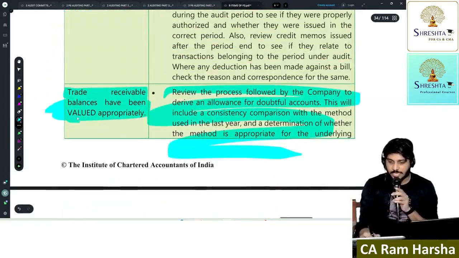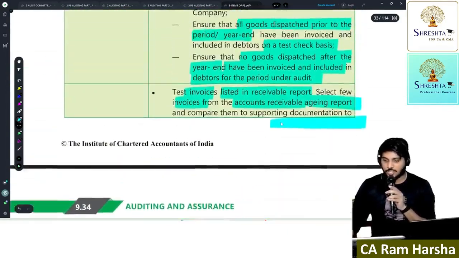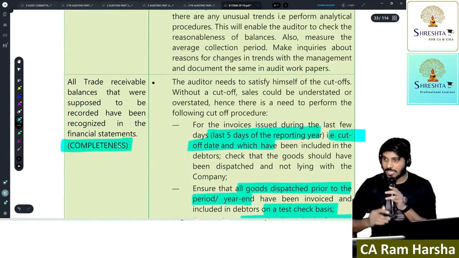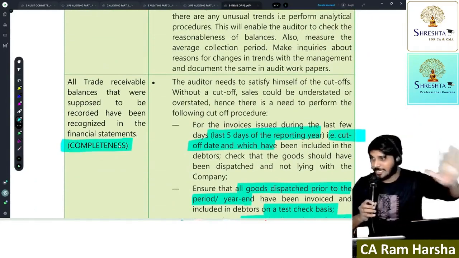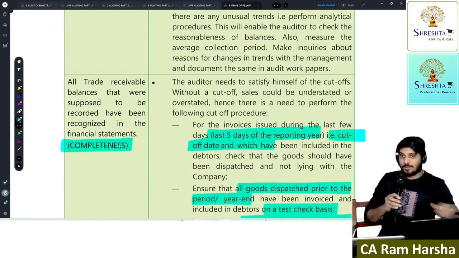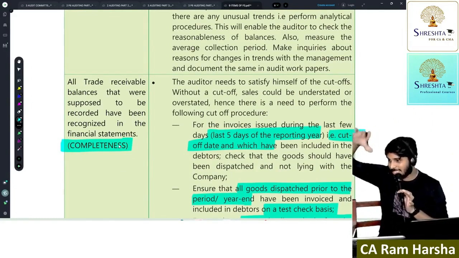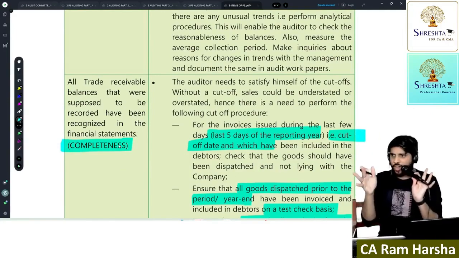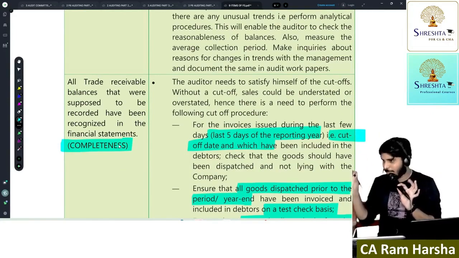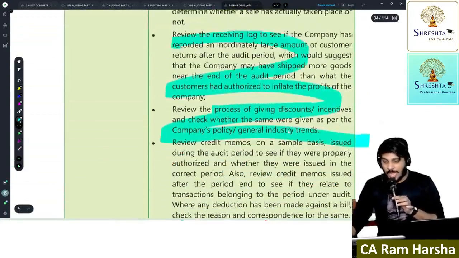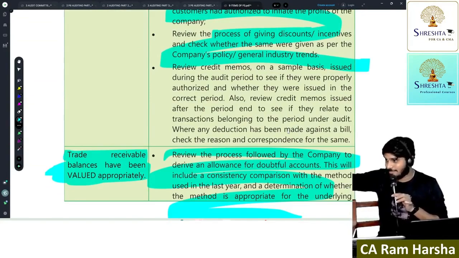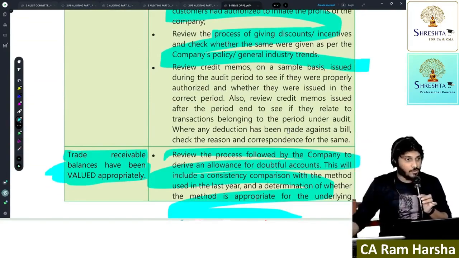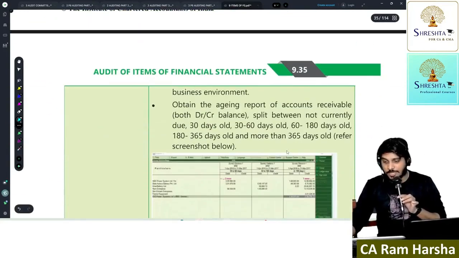Here, we are checking valuation: how to check debtors' value. Earlier, how to check whether debtors are accounted completely. Cutoff means completeness: whatever debtors were shown under this year, do they belong to this year or not? That is what completeness means. Valuation means what? I am not worried about accounting of debtors. I am worried about recoverability. In valuation, I focus on provision for bad and doubtful debts, all that.